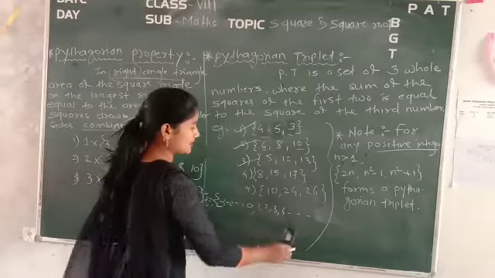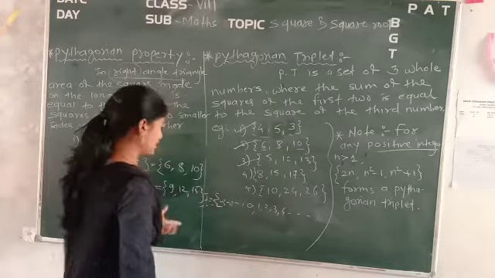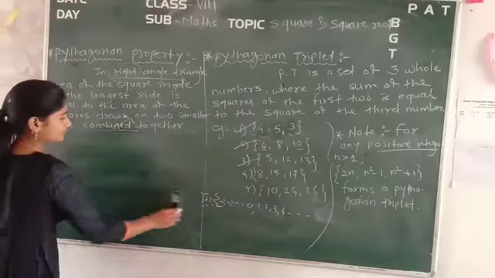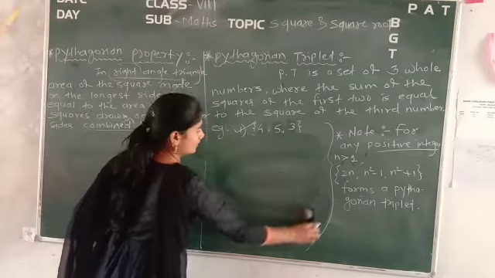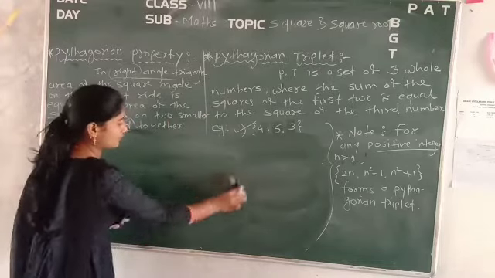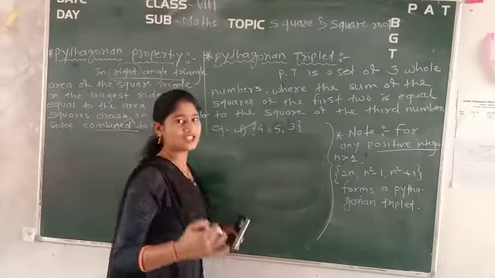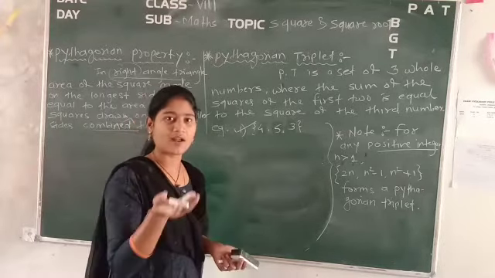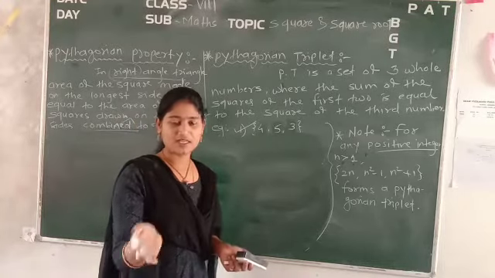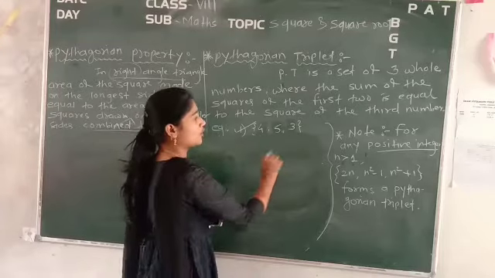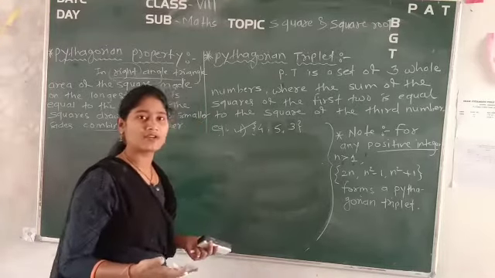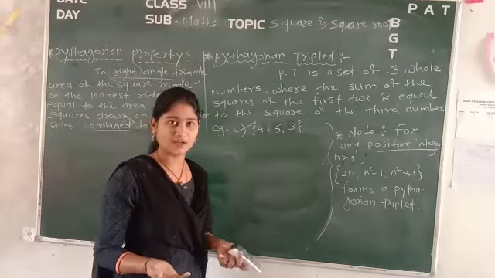Like see, I am erasing this one. Take this screenshot fast. Okay, now I erase all these things. See, in that what we have to follow. If I change the order, if I don't know where I have to put the first number that is given to me, and I have put that number in that order, now just find out whether it will follow the Pythagorean triplet or not.